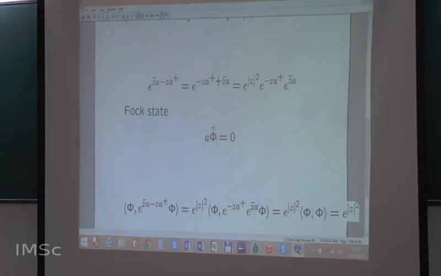But since A phi is equal to 0, the exponential of A applied to phi will be fixed. This is well known. The exponential leaves the vacuum fixed. And therefore only the scalar term survives. This is Gaussianity. So, what is a Gaussian state? A Gaussian state is defined in terms of the Weyl relations. A Gaussian state on the